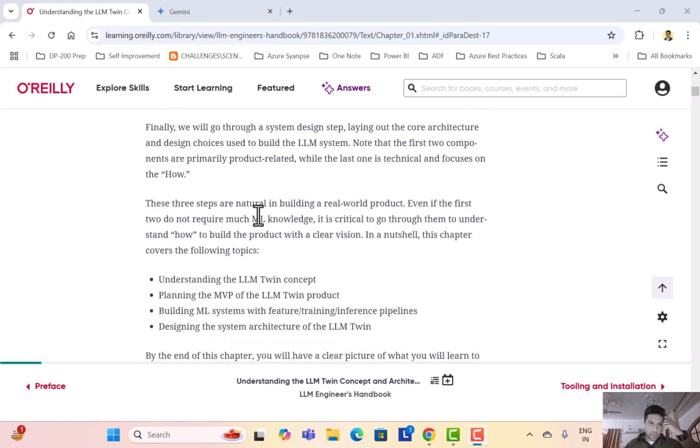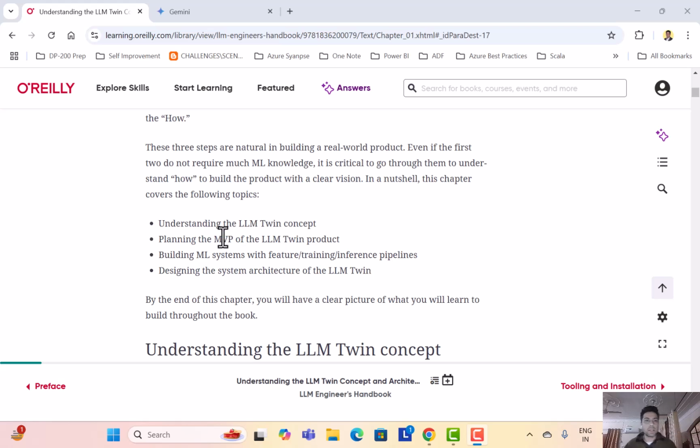So here they are trying to lay a foundation on what they will be building. Unlike the previous AI engineering book that I read, where there were some theoretical topics not linked together in a way that the end goal would be to build a product, here they are trying to build an application which goes by the name of LLM Twin. All the topics that are essential from a Gen AI, AI, or for that matter, ML perspective would be covered as part of building this application, which is, I think, the right way to go about it.